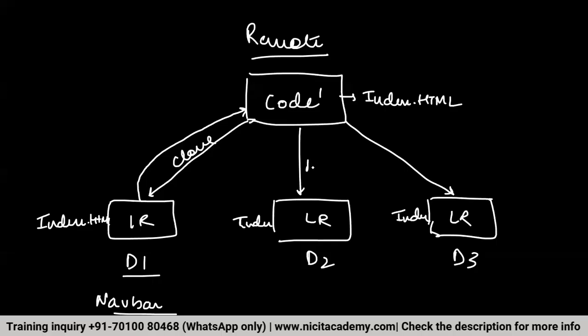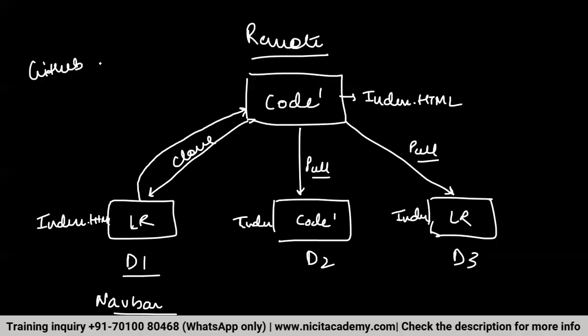What others have to do, they have to pull it again. And now their local code will now become code dash, right? So this is how GitHub works. There's a remote repository where everybody is pushing their code. Once it is approved, it is working fine. And then the local repository, the same copy of the same file they will have in their local environment also, and they'll be working with it. So this is what GitHub does,